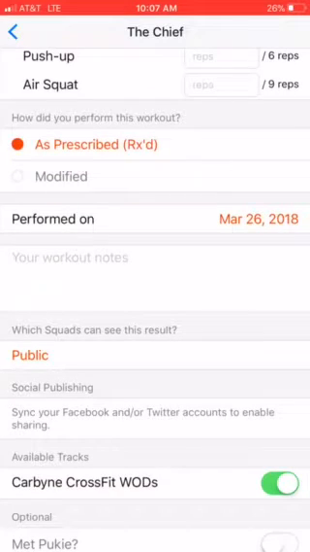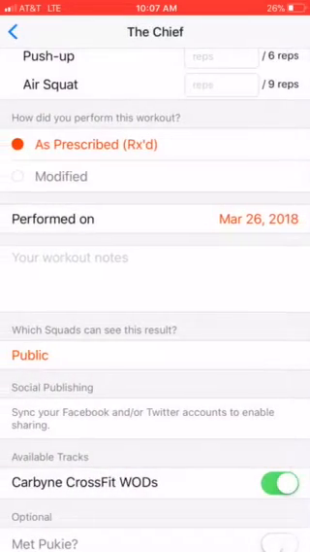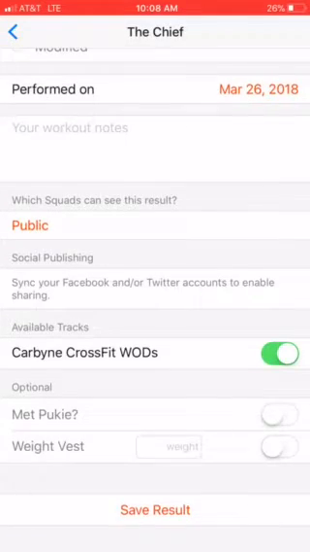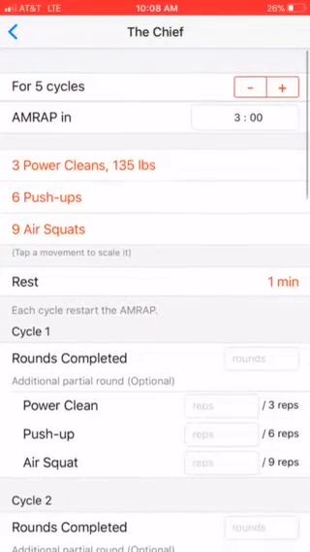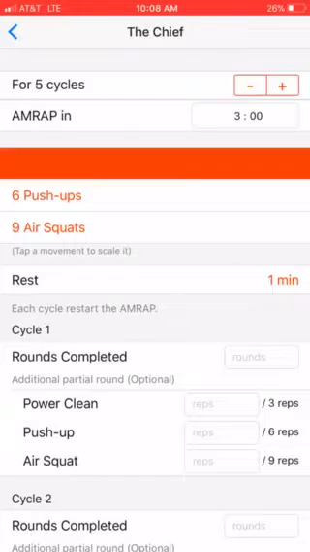You can share it with the public, you can share it with the gym only, you can share it with just yourself so no one else can see it. It's up to you guys. Saving results. But the big thing that's going to be helpful for you guys tracking is you can go into each one of these